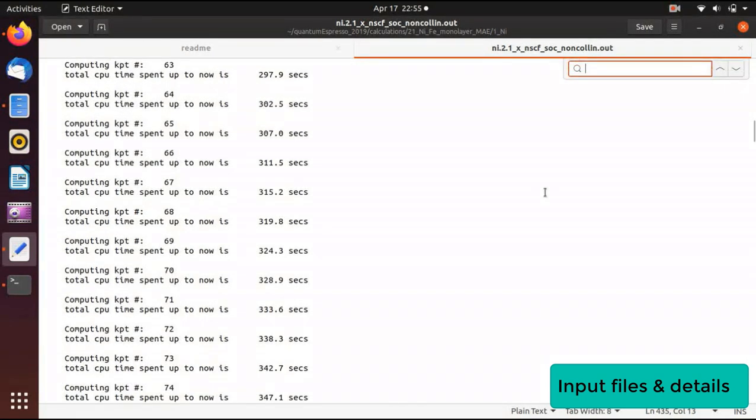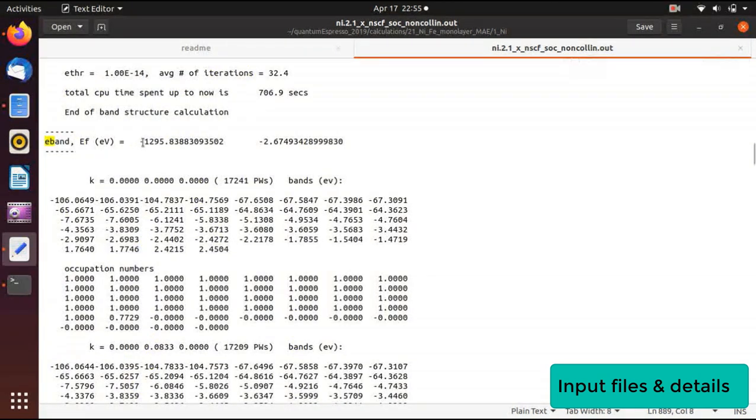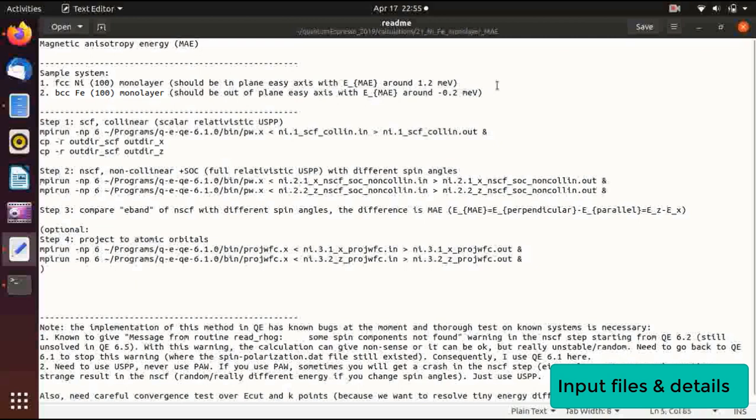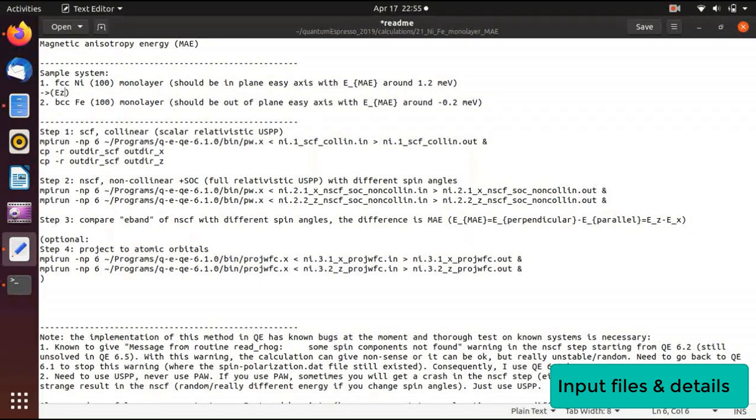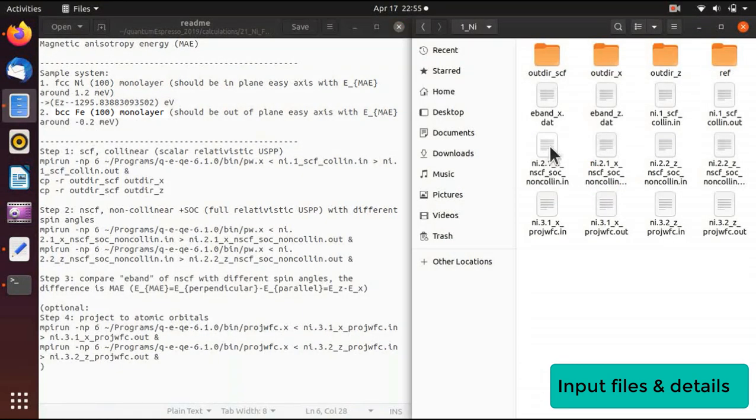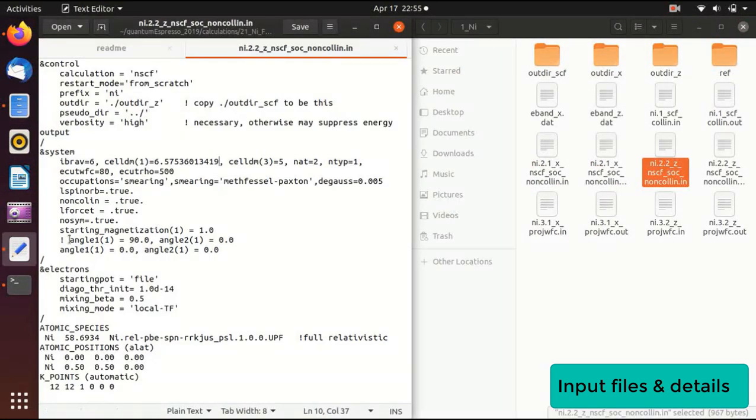And then just search E band. And this is the important value here, yeah? And we just copy it and paste it here, yeah? EZ minus EX in the unit of electron volt. We basically copy the file here and just comment out the first line, use the second line, which means that